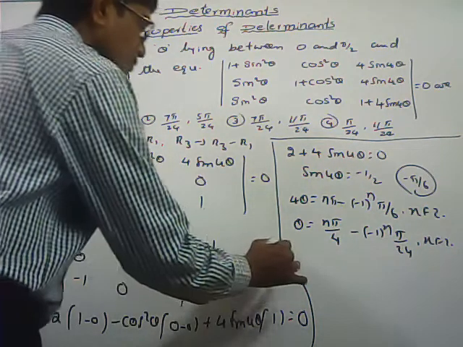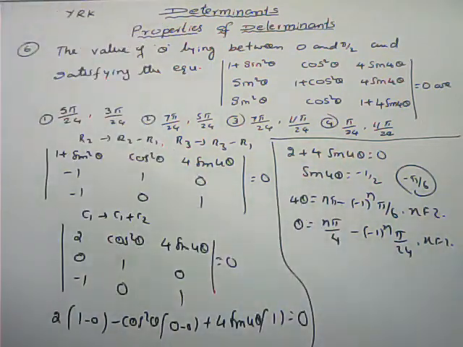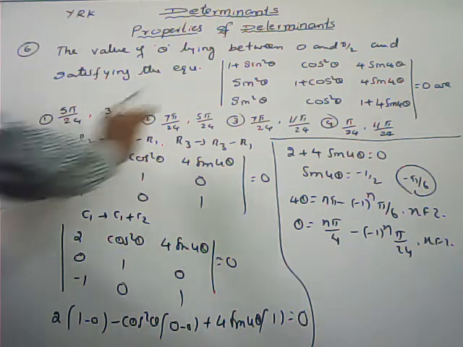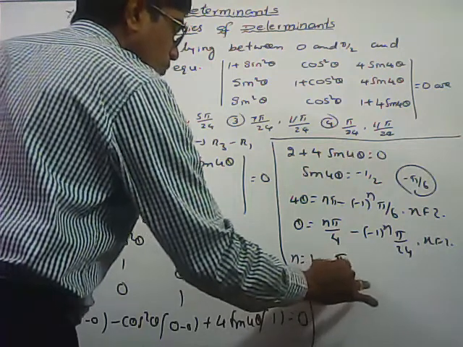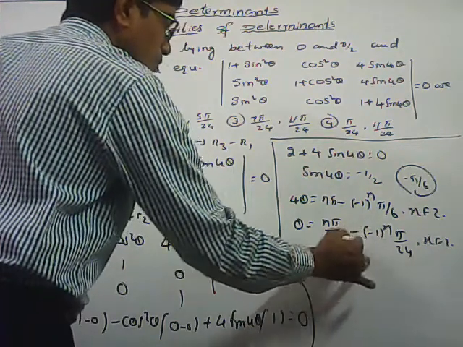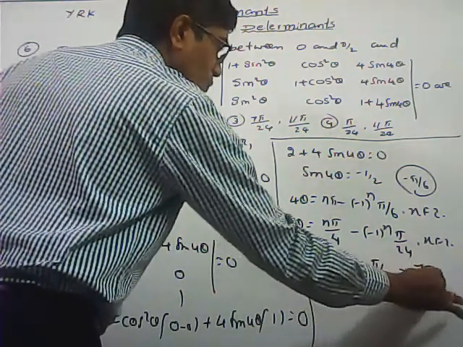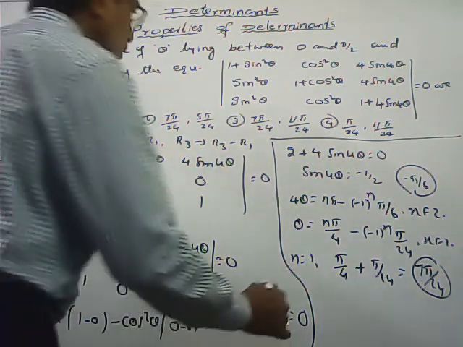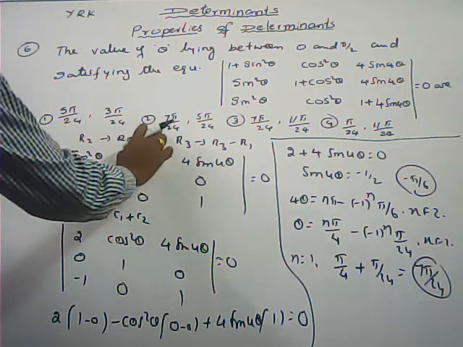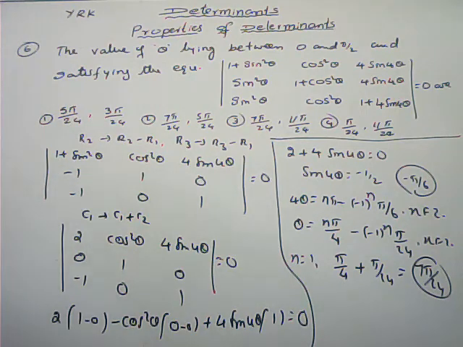Put n equal to 0. If I put n equal to 0, how much are we getting? Minus pi by 24. So that is less than 0, but we want more than 0. Put n equal to 1. Pi by 4, n equals 1. Here minus, plus pi by 24. That is equal to 7 pi by 24, by taking n equal to 1. So 7 pi by 24, either the second option or the third option. Two options are there, 50-50.